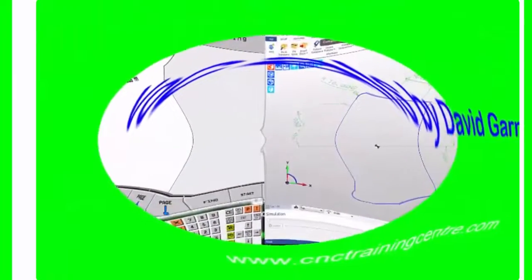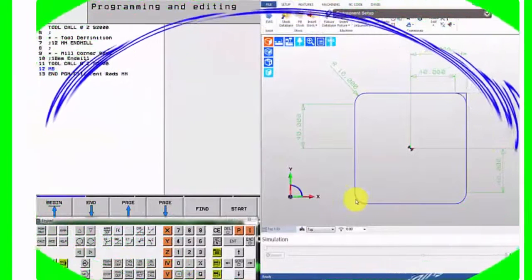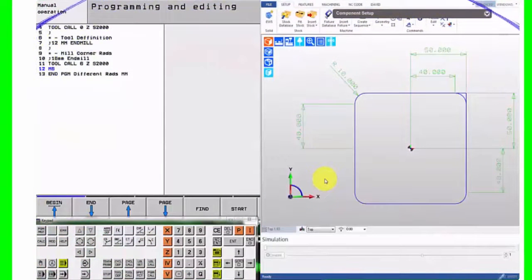So this video demonstrates the different ways of programming a circle, an arc, in the Heidenhain control. We've actually started a program here, and I'm going to show you how to work your way around this part. It's very simple, the corner rads that I've chosen, and you could do it very simply just by using the rad function on the Heidenhain, but the idea of this tutorial is to demonstrate the different ways that you can